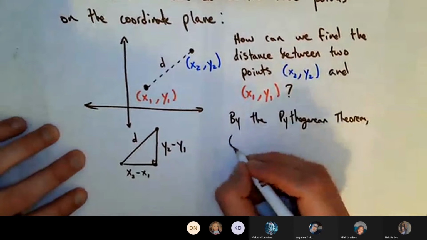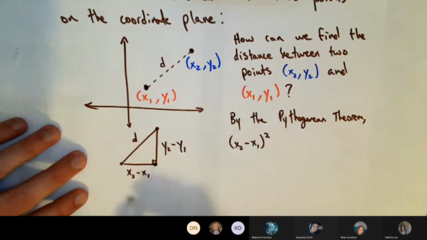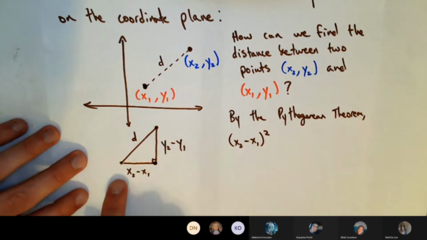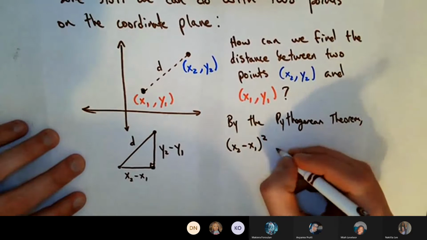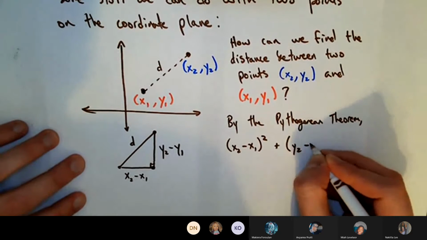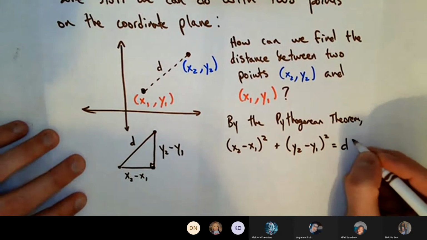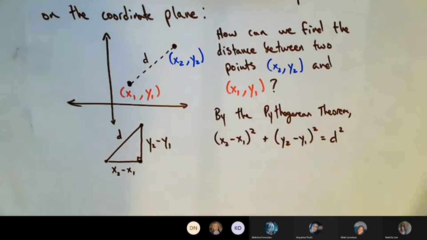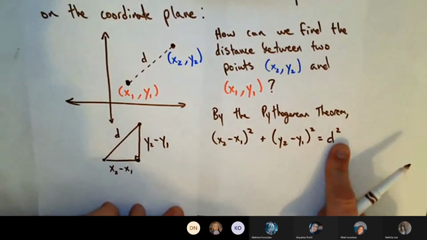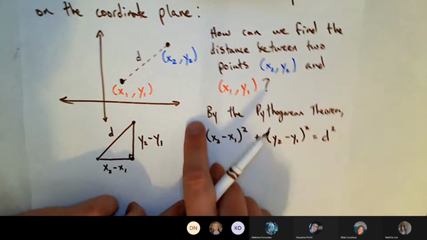we have that x2 minus x1 all squared, so this entire side squared. If you recall the Pythagorean theorem, a squared plus b squared equals c squared. This entire thing is like a, so I'm squaring the whole thing. So that's like a squared plus b squared, which is the entire other leg, should be equal to the hypotenuse squared, which is d squared. Hypotenuse is d here. And then when we clean it up, we like to completely solve for d, which means if it's squared, I'll just throw a square root over this entire thing,